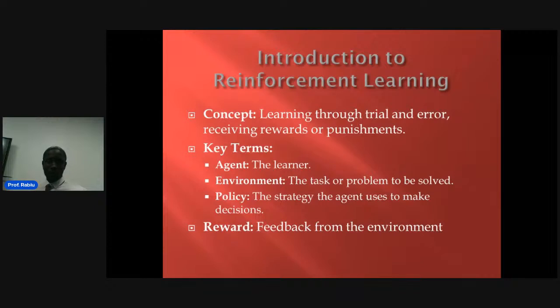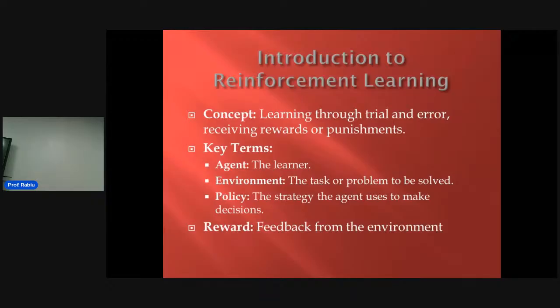Okay, so you can get a reward if you come back successfully. It's good, right? Well done. If your model gives you the right result, fine. Thank God. If it goes wrong, you waste your time, waste your resources, and all that, right? And maybe the contract is taken away from you because you could not deliver. So these are the key terms.